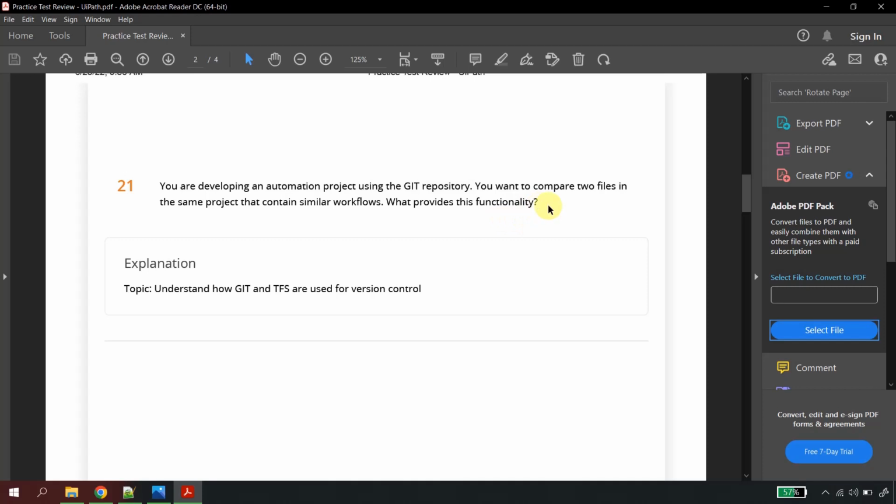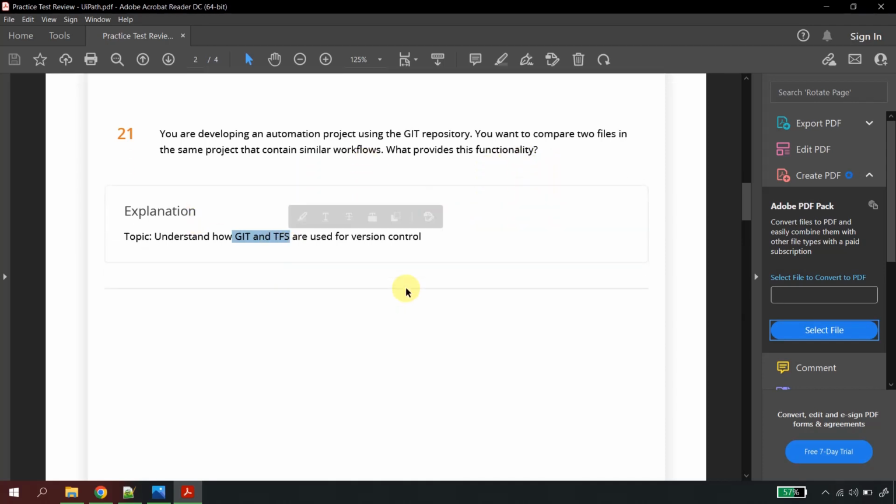I did not answer this question correctly. Hence UiPath recommended me to go and learn this topic, how do you use Git and TFS. So I again went back to academy.uipath.com, completed the Git and TFS course, read the documentation, and again